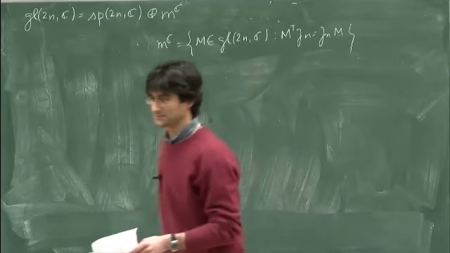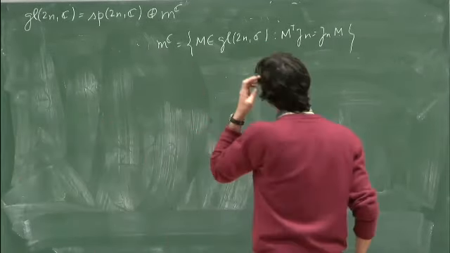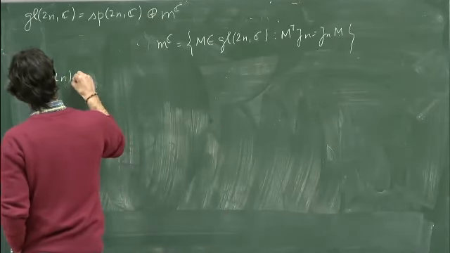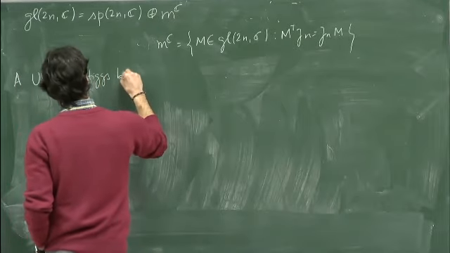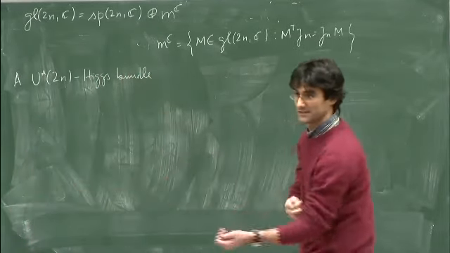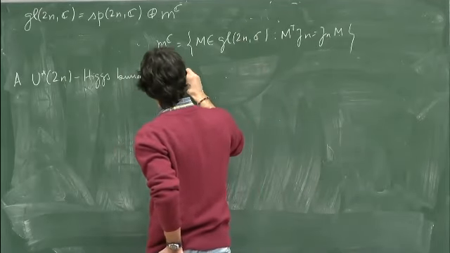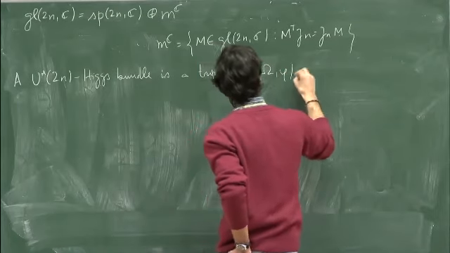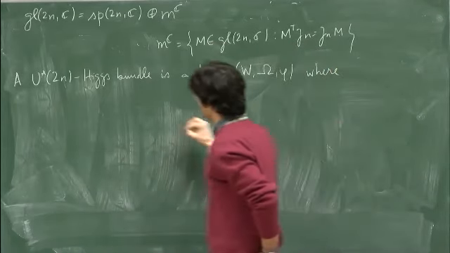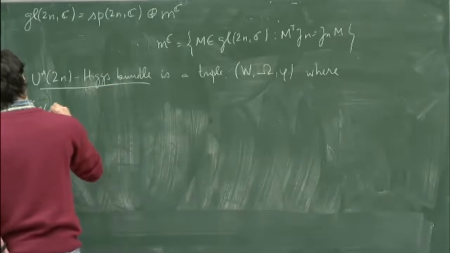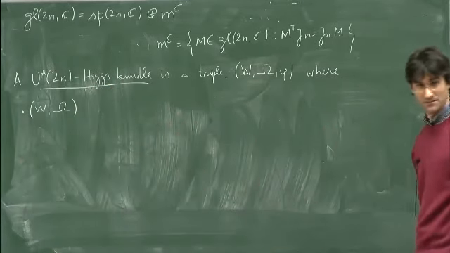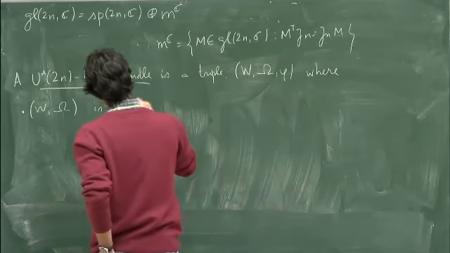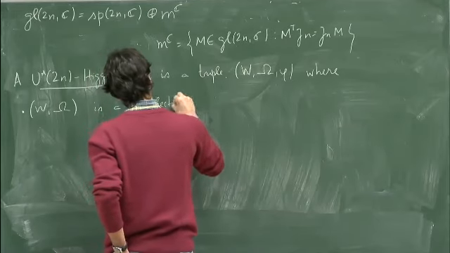M, this is our MC, and so from this we can see that a U star 2n Higgs bundle, again in terms of vector bundles, is a triple (W, omega, phi), where (W, omega) is a symplectic vector bundle just coming from this group, is a symplectic vector bundle,